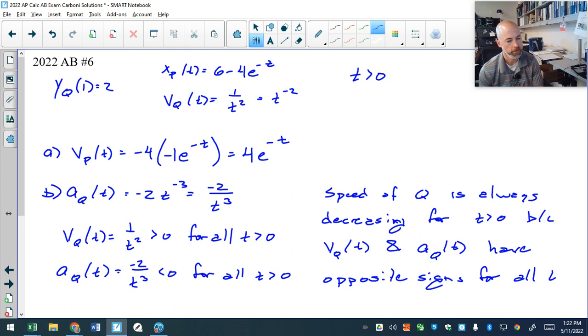For all t greater than 0. So do remember, speed increases when velocity and acceleration have the same sign. Speed decreases when they have opposite signs. And it turns out that for all t's greater than 0,